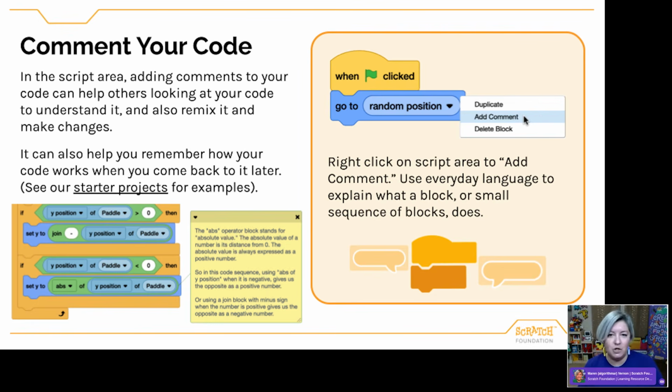So if you go to our starter projects link, you'll see a number of examples of the team trying to model leaving comments, whether it be ideas about how you might remix or change the code, or little notes about why a specific block is where it is or what it does. To comment the code in your project, you can just right click on a specific block or just generally in the script area. And then you're choosing that add comment option that you see highlighted in this slide. I also personally find comments to be a very helpful reminder for yourself as to why you chose the solution you did or how a complex script works.